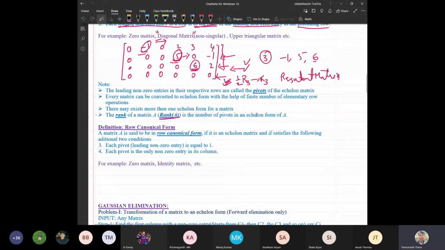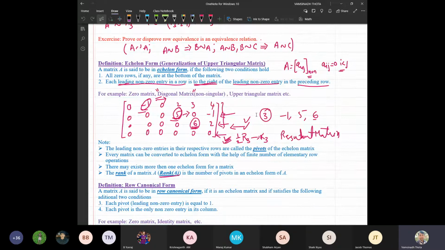As yesterday we have seen some particular basics of matrices. Most of them we have come across, but we have seen in a different perspective. And towards the end of the section, we have also seen a particular form of a matrix called echelon matrix, echelon form of a matrix. It is a generalization of upper triangular matrix.